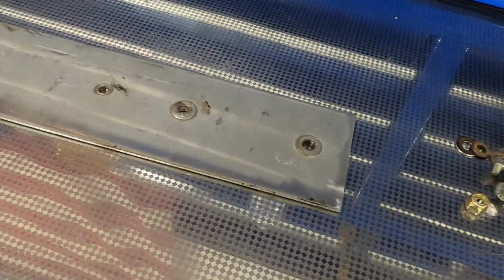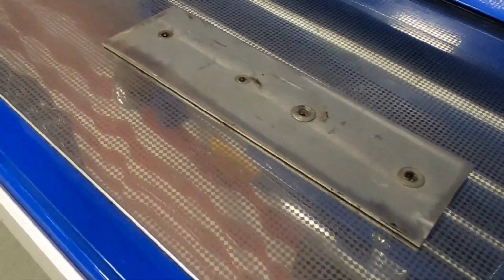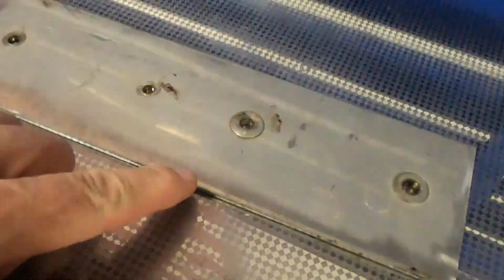Unfortunately, you cut a piece of metal and all the slag from the cut was still on this top edge. You can still kind of see some of it. I ground it all off, made it better, but I still want to get rid of these sharp edges because,